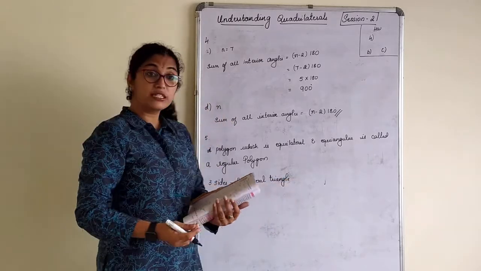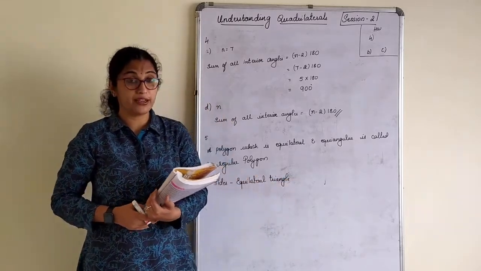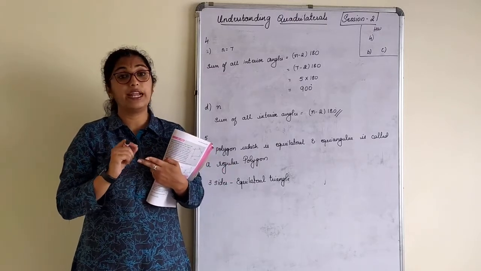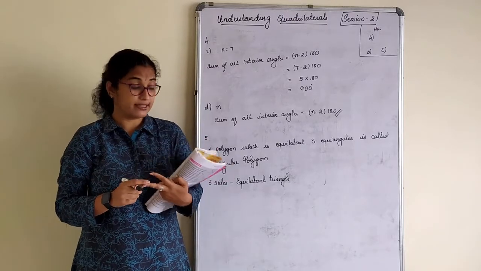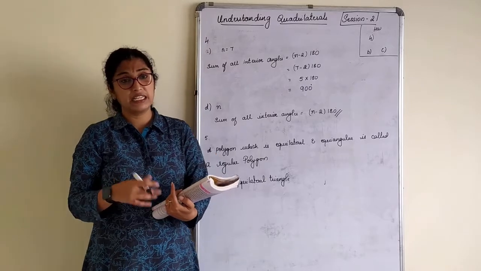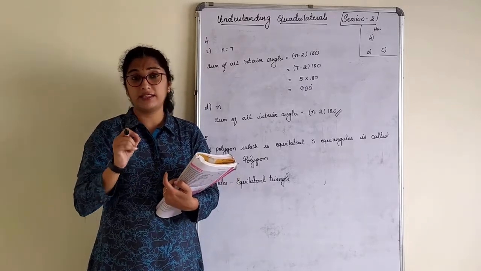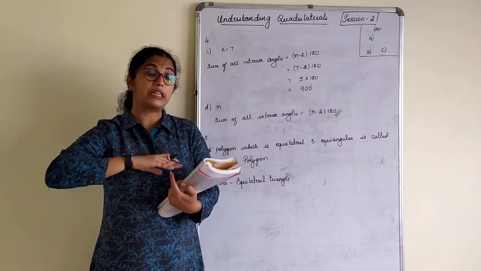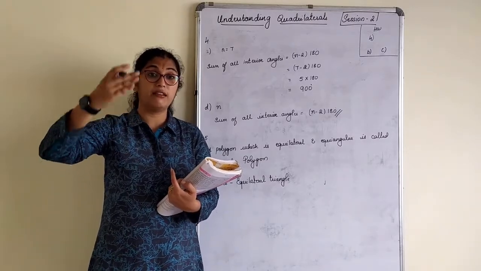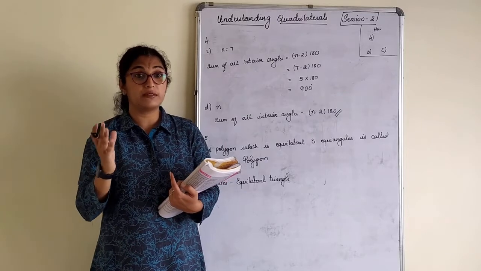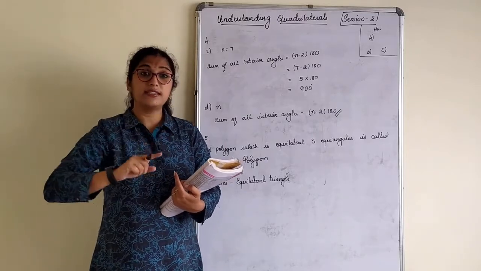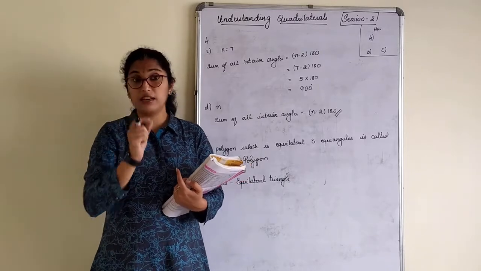Okay. 4 sides, it's always a square, because square is the only quadrilateral which has all the sides equal and all the angles equal to 90 degrees. 6 sides, it is a regular hexagon because hexagon is only one. Like in quadrilateral we have square, rectangle, rhombus, parallelogram, trapezium, kite, but in that the regular one is only square. 6 sides is regular hexagon. That word "regular" should come.